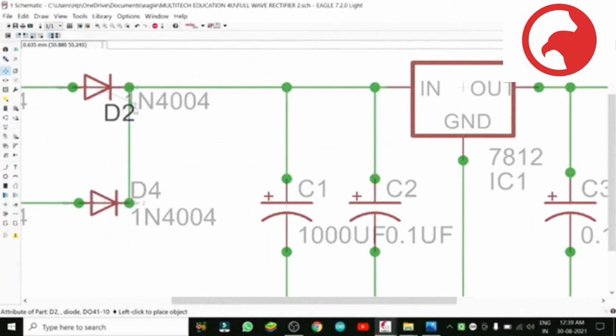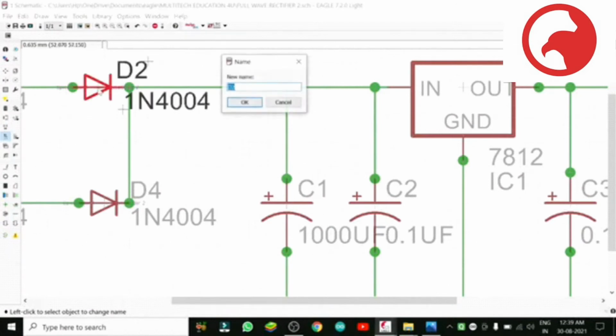So like that you can play. So this is how to move. You see the positive mark has come, and you can change the name now of D2.